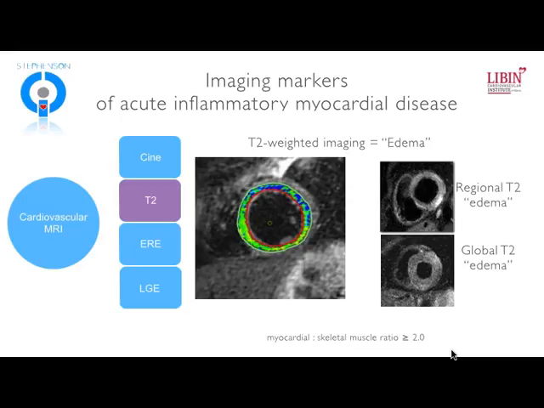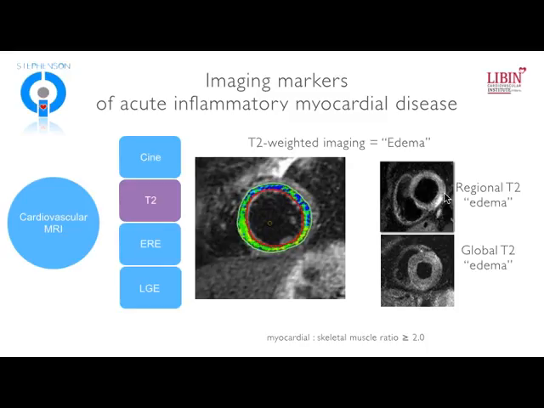But the true strengths of cardiac MRI really come into tissue characterization. And so where we have the unique capacity with CMR is to be able to allow certain characteristics of tissue to emerge or be suppressed. And in this situation, what we're doing is applying what's called a T2 weighted image, where we're asking the protons that are bound to water to stand up and wave little flags for us and give us a water map of the tissue. And we're able to suppress other characteristics such as fat or blood pool signal.